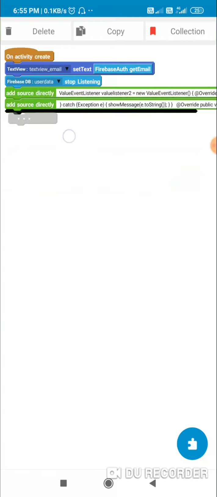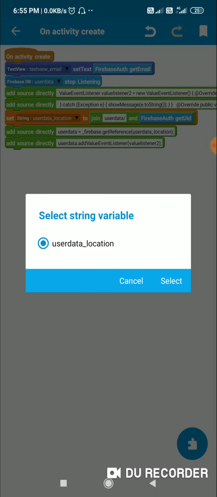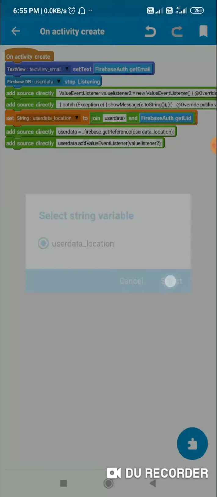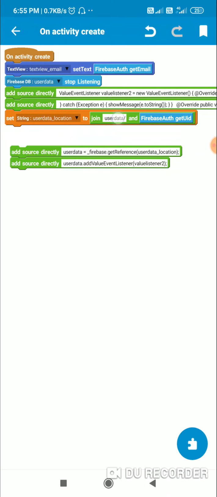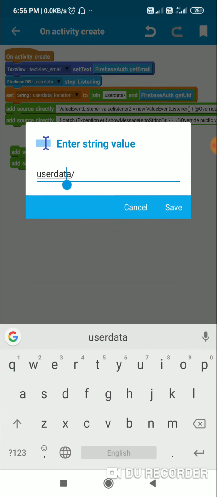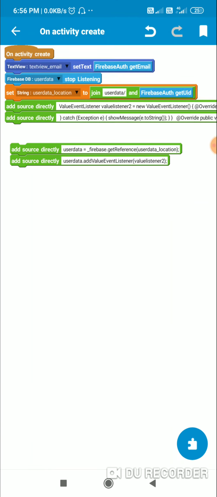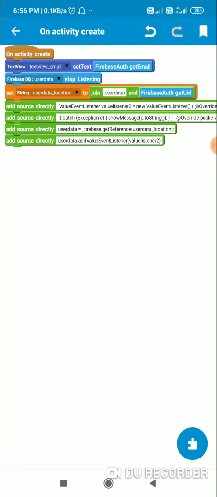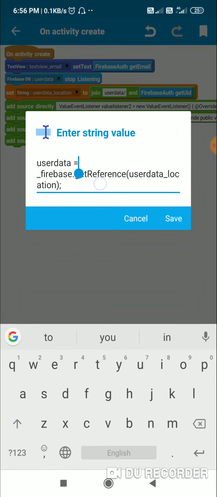Then I set this string variable user data underscore location to user data slash Firebase auth get UID. I can put it in the beginning, no problem with this. So this string variable user data underscore location is user data slash Firebase auth get UID, and then I use this code: user data is equal to underscore Firebase dot get reference user data underscore location.